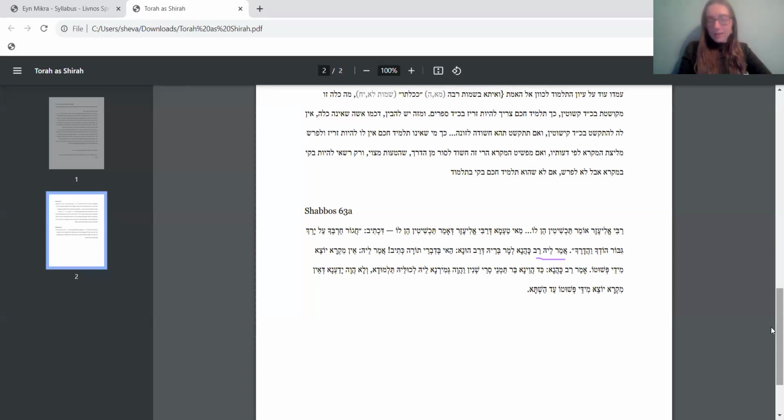Amar lei Rav Kahana l'mar bereih d'Rav Huna. So Rav Kahana said, Hai b'divrei Torah ktiv. He said, hold on a second. That pasuk that talks about, gird your sword, it is your glory and your splendor, that's actually in the Drash realm. Chazal understands it to be a reference to Torah. It is a reference to Divrei Torah.